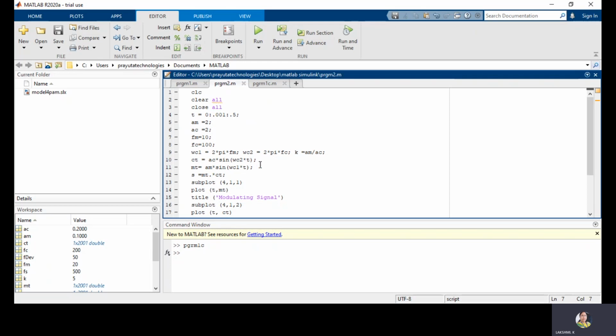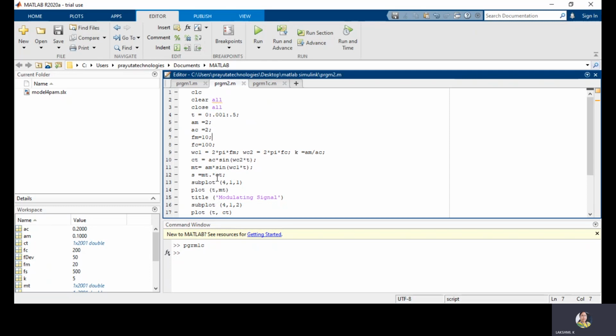So next one is C of T. C of T is defined as AC sin omega C T, because omega C is nothing but the carrier frequency in terms of radians, that is, the angular frequency of the carrier represented with omega C. So C of T is defined as AC sin omega C T, and M of T is equal to AM sin of omega M T. Next, according to the basic definition of DSBSC, a DSBSC signal is generated by performing the product of message and carrier. M of T is the message, C of T is the carrier. That's why I am performing the product.